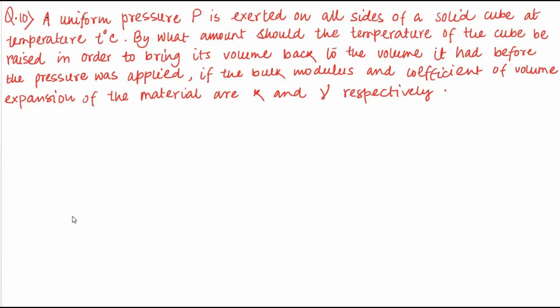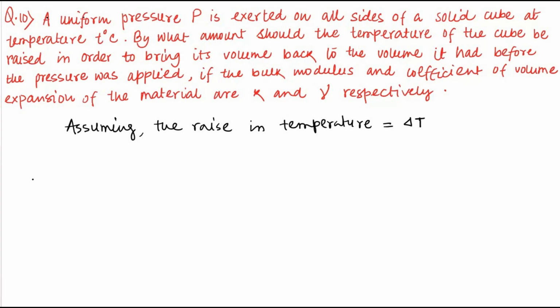Question number 10. A uniform pressure P is exerted on all sides of a solid cube at temperature T degrees Celsius. By what amount should the temperature of the cube be raised in order to bring its volume back to the volume it had before the pressure was applied, if the bulk modulus and coefficient of volume expansion of the material are K and gamma respectively? So first, assuming that the raise in temperature is delta T. Now from thermal expansion theory, we know